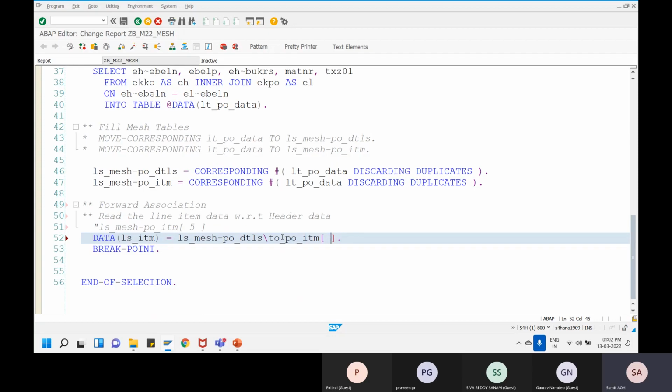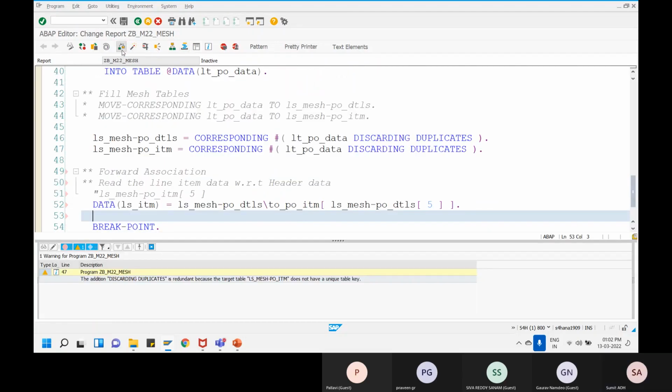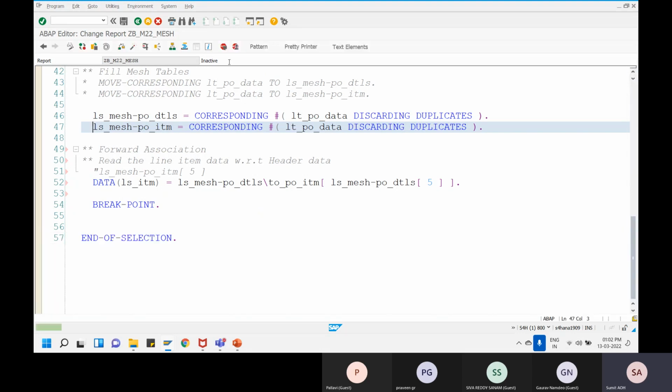So let's just say I want to read the line item data which is correlating with that of the header data, and that header data I am having is, let's just say I want to read the fifth header record, and with reference to that fifth header record, I want to derive its line item. If I just do a syntax check, okay, yeah, discarding duplicates is redundant because this does not have a unique key, but that is fine. If I just say execute over here,